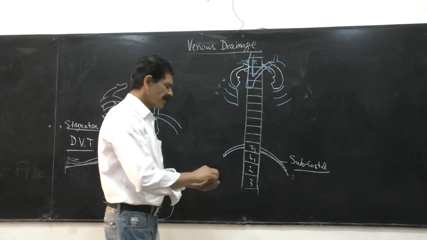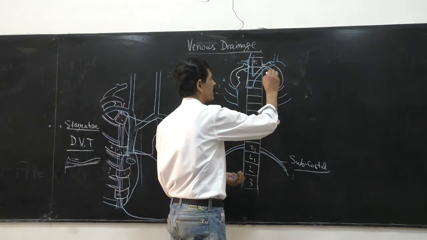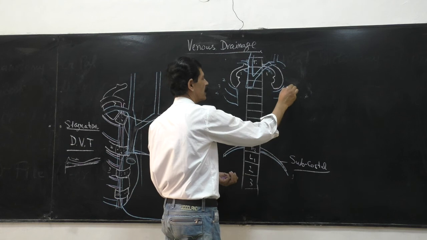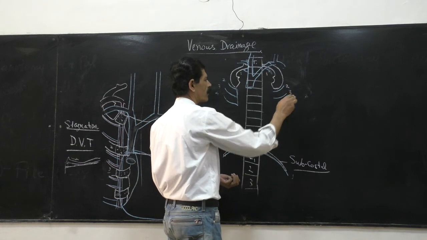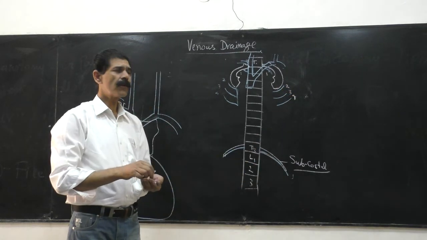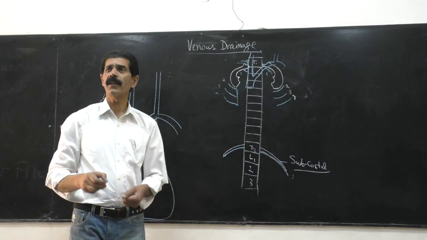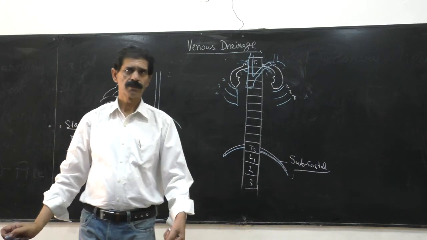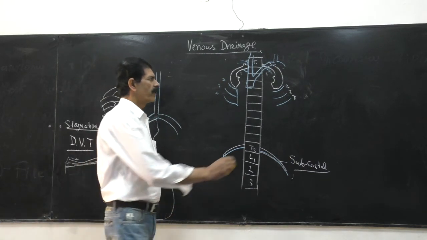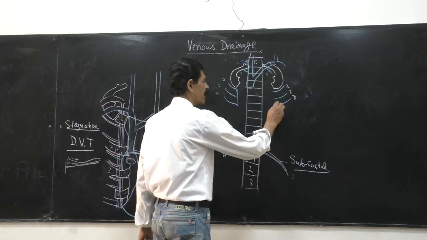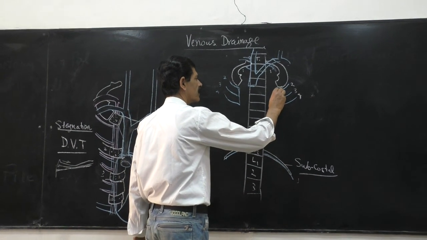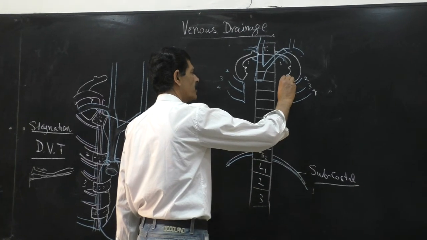So second number is very important because of the first, the second, third and fourth. Second, third and fourth on the right side and left side the drainage is different. First, second and third and fourth on the right side, left side, they unite to open into the